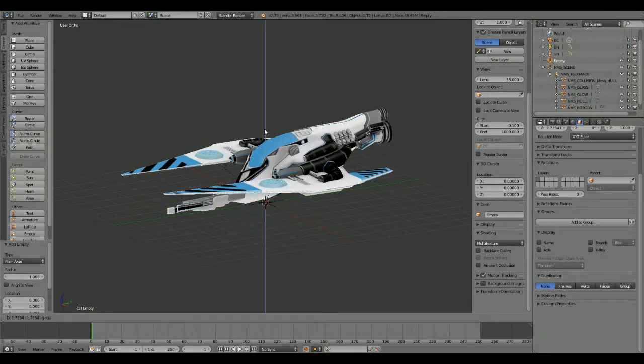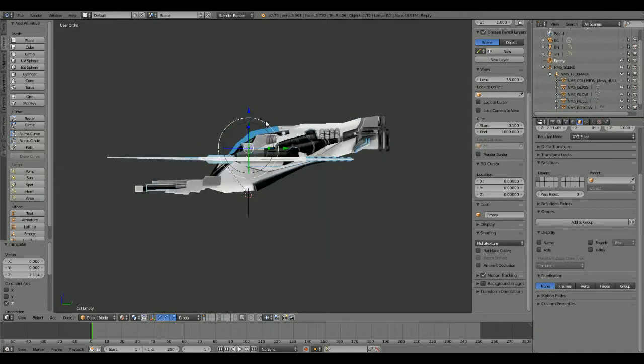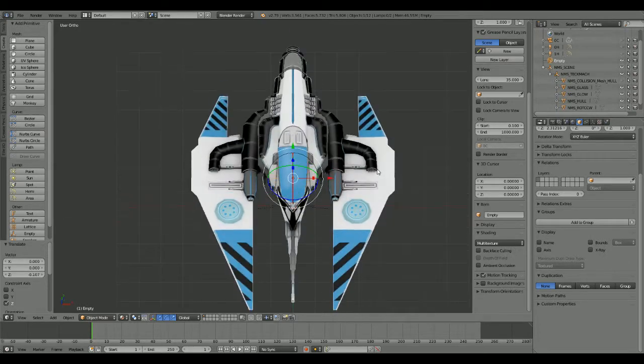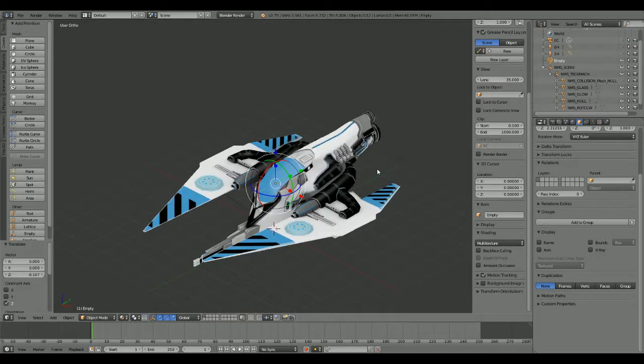I'll go ahead and add the first locator. This will be the interaction. This is when you target the ship, you see the E and the name of it or whatever. This is that locator, and I'll put it right there in the glass